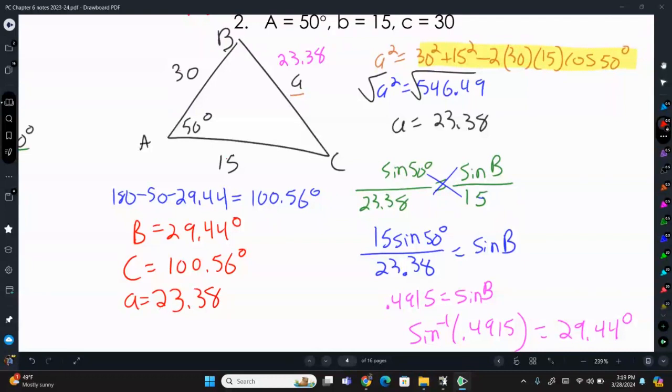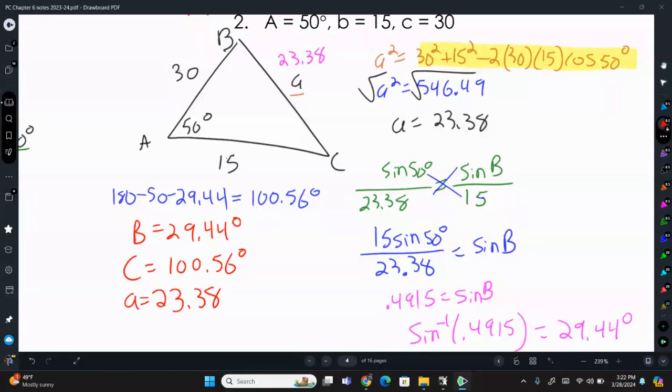And again, we verified the smallest side is 15, and the smallest angle is angle B at 29.44 degrees. The biggest side is side C, and angle C is the biggest angle, so the triangle is good to